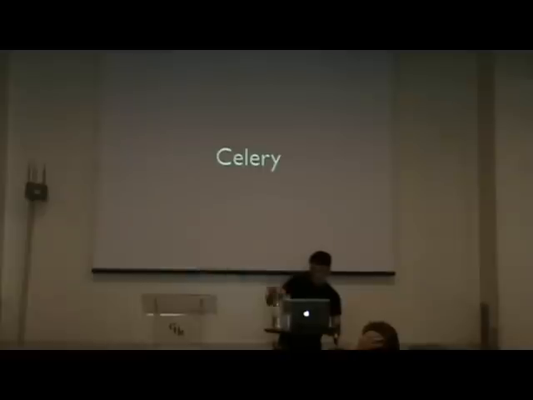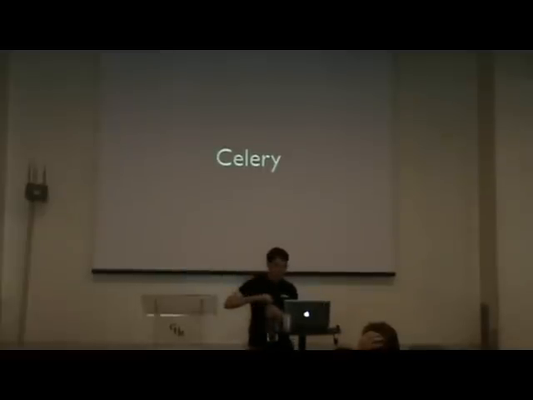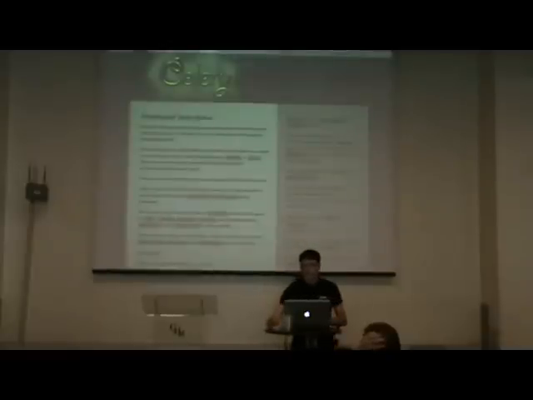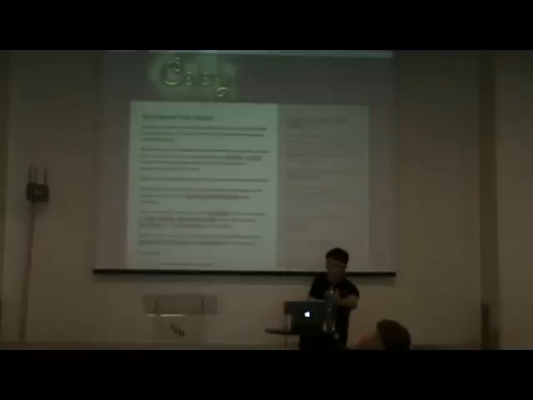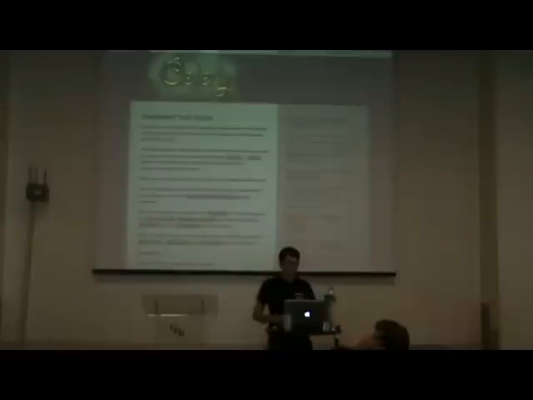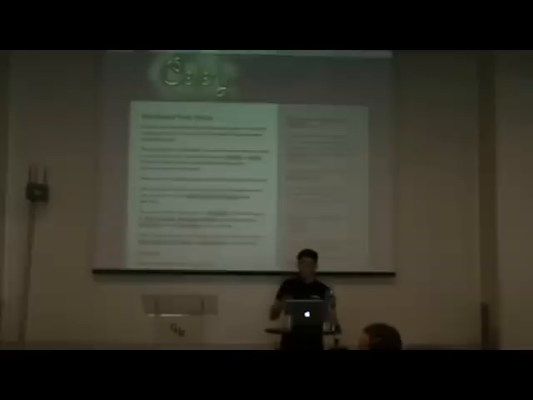Okay. I will jump on to mini talk number 2. So the next thing I want to talk about is a project called Celery. Now, Celery calls itself a distributed task queue, and it's a shockingly powerful piece of software. It was developed originally by Opera Software. There's a team at Opera who are using it across, I believe, thousands of different servers. They wrote it originally as a sort of Django-specific thing, but I think a few months after they released it, they refactored all the Django stuff out. So now it's essentially a general-purpose